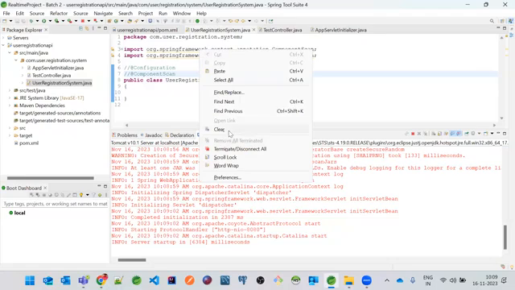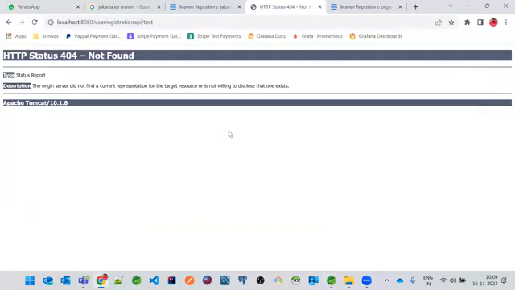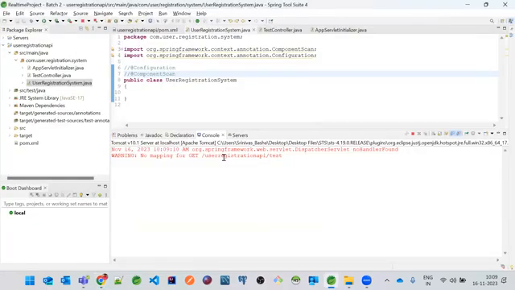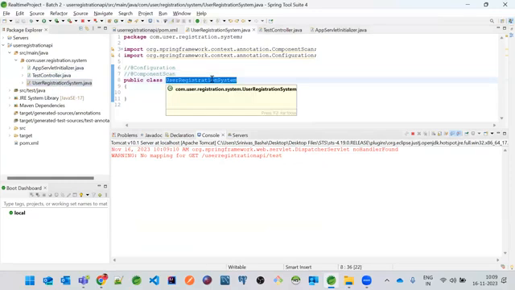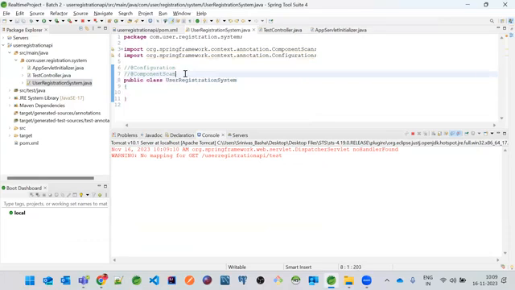And now I just wanted to enter this, 404. That means no mapping found. That means no objects have been created, no objects are there. That means even this class object has not been created. Only if @ComponentScan is there, then it will work. Got it?